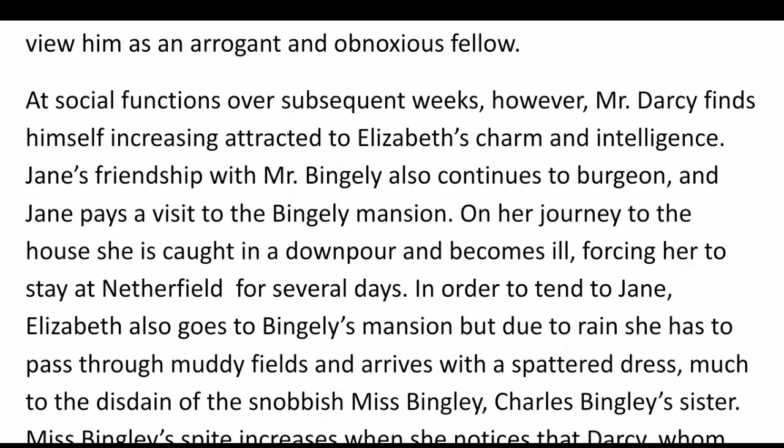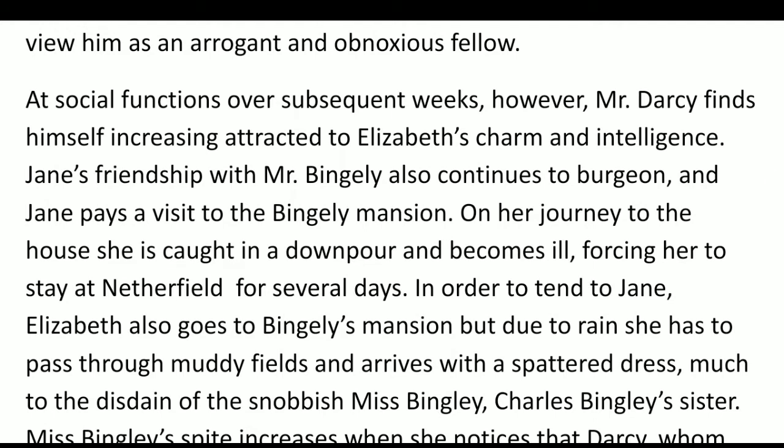At social functions over the subsequent weeks, however, Mr. Darcy finds himself increasingly attracted to Elizabeth's charm and intelligence. Jane's friendship with Mr. Bingley also continues to burgeon, and Jane pays a visit to the Bingley mansion. On her journey to the house, she is caught in a downpour and becomes ill, forcing her to stay at Netherfield